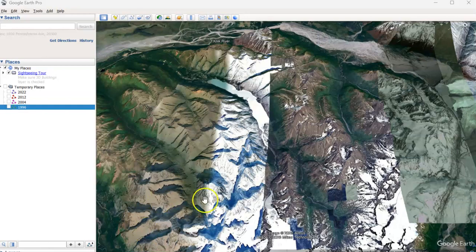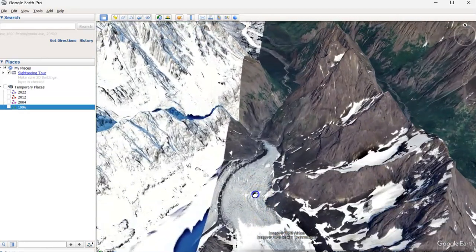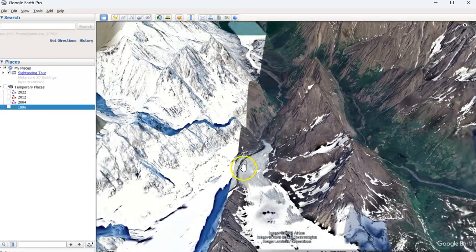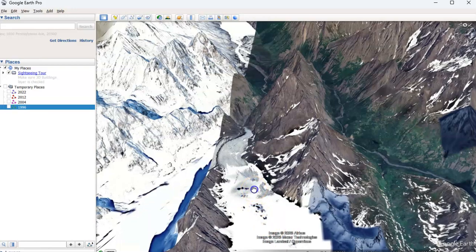You can see Eklutna Lake in the upper part of this image right here, and the glacier down below. I'm going to zoom down into the glacier right now. Here we can clearly see the glacier, and this is the toe or terminus of the glacier down here, its very end. And then the glacier continues up into this alpine area where it's covered with snow when this imagery